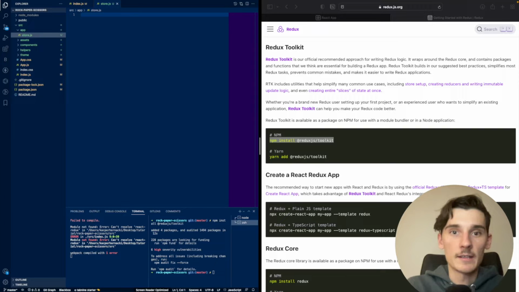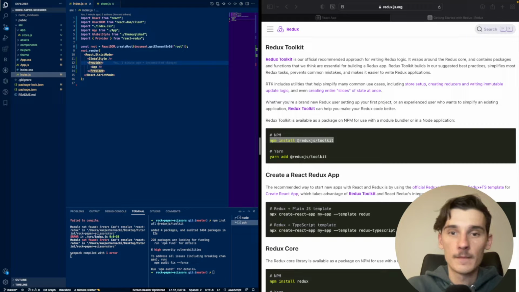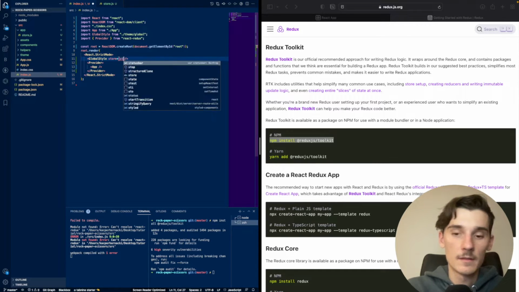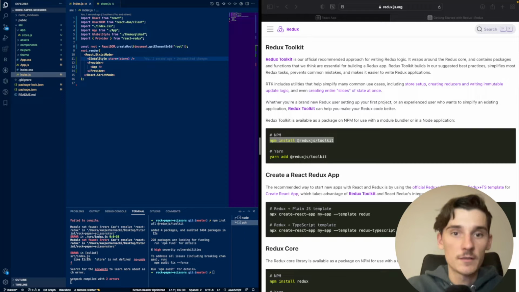Right now I can create a store, and this store will be passed inside the index.js file in the Provider. So in the Provider I have to pass the store, which will be imported from the store file,